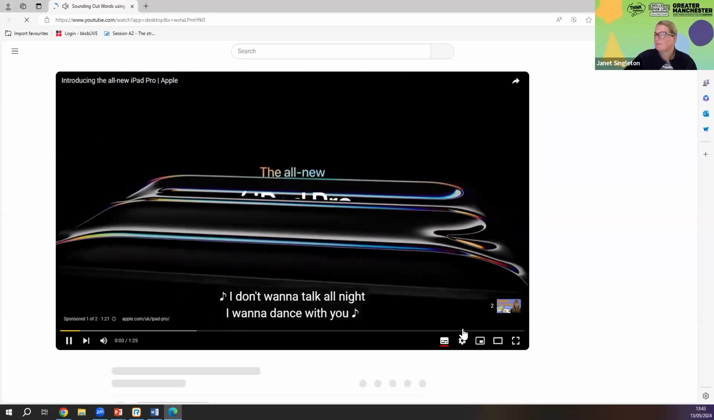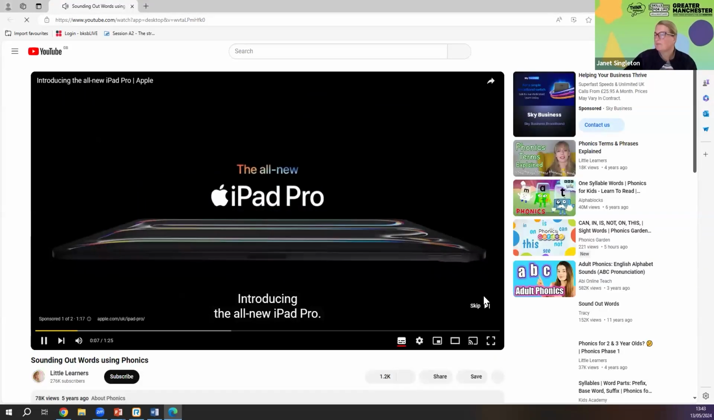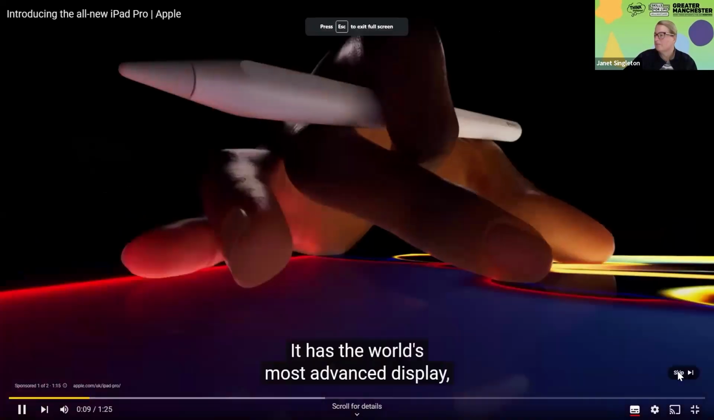Introducing the all-new iPad Pro. It has the world's most advanced